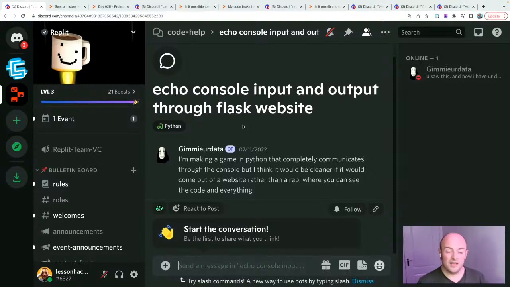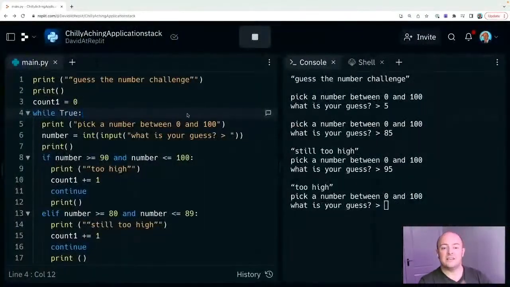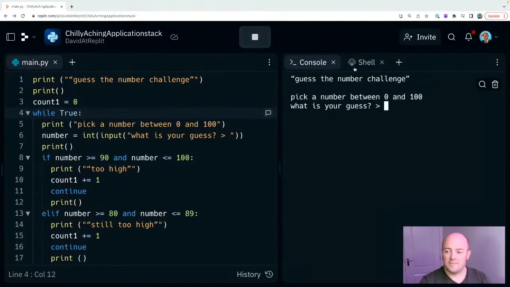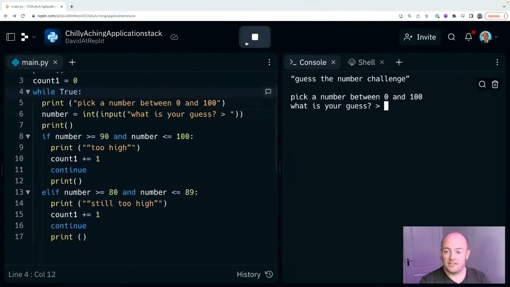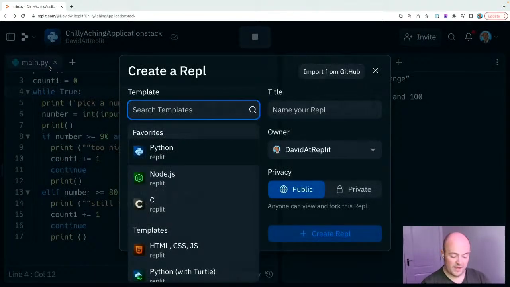I started using Flask a couple of years ago, and I think it's really, really nice, and it's a nice way of putting your output. But I just wanted to take a few minutes to show the difference between a standard REPL that would output in the console, and a Flask REPL. So here's our Python file. You'll know that because there's an infinite while loop in here, it is going to loop forever. But I have to click run, and it runs in the console. That's the only place we're getting any output. Let's make a Flask REPL and have a look at what the difference is when we make it.